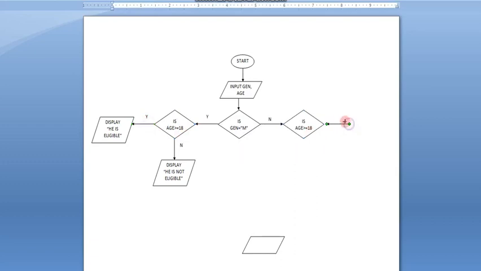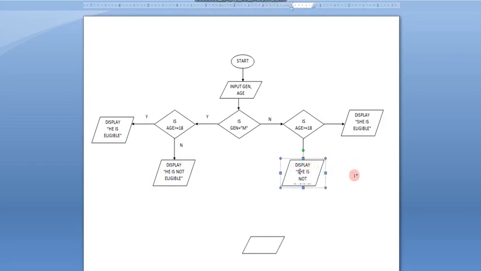Fine. So now I have to specify the yes side. If it is yes, then what will happen? It will display C is eligible. So this line we can copy simply to here and I can specify here C is eligible. And for no, these two I can copy here to specify that C is not eligible. Okay, the concept is very clear. Let's get over. I will explain it. So no here as well as one we can make here yes. Fine, the job is over, only the stop part is left.